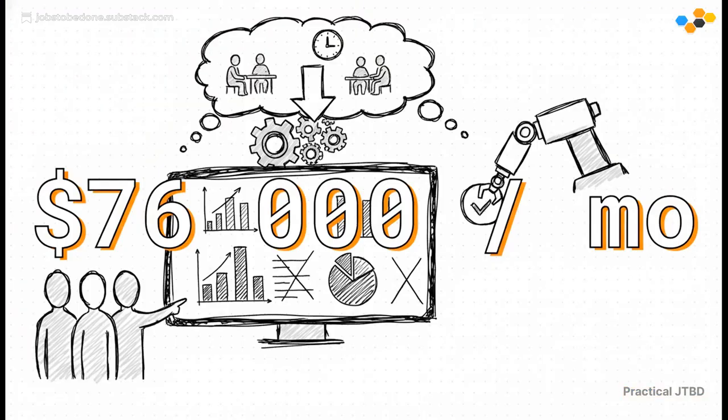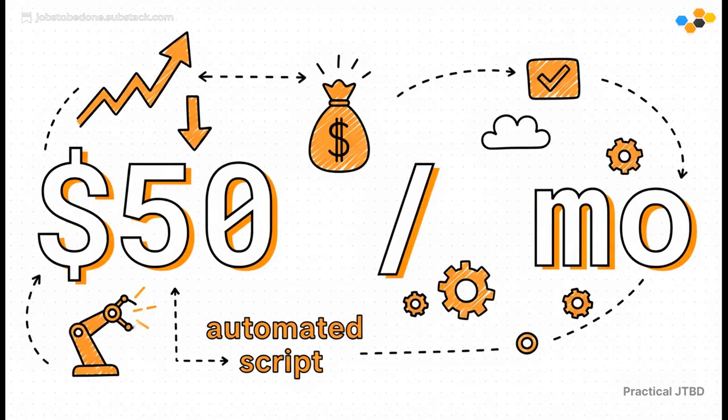Based on our experience, if you actually add up the salary costs for just one executive dashboard, the analysts who build and maintain it, the executives who spend hours talking about it in meetings, you get to a number that is just staggering. We're talking about $76,000 a month. That's the cost for humans to just look at some chart. Now, let's flip that. What's the bare minimum cost to do what that dashboard actually does? Its main job is just checking if a number went up or down. You could have an automated script do that 24/7 for about $50 a month.